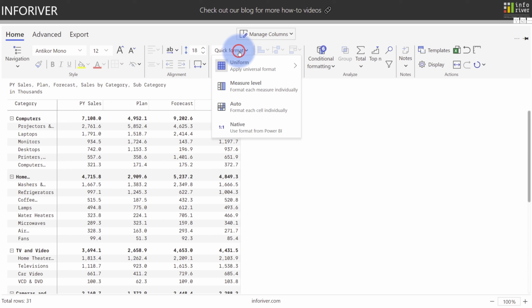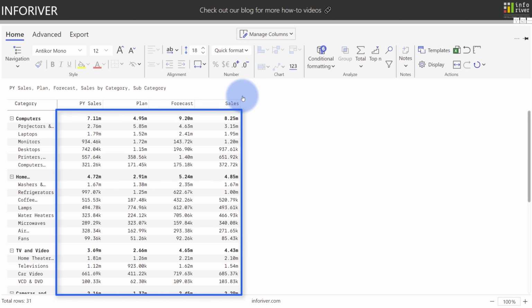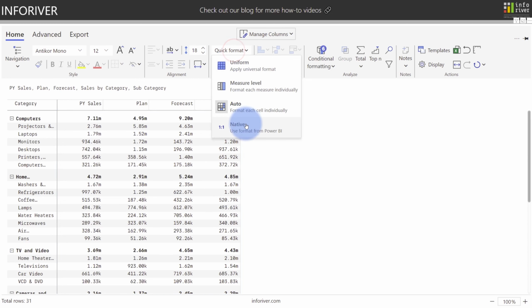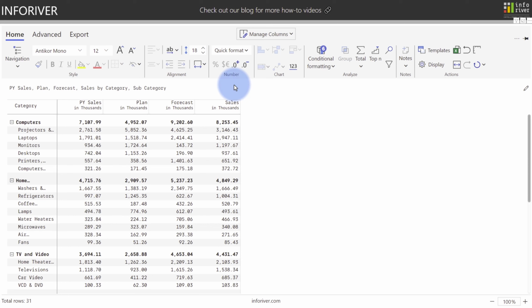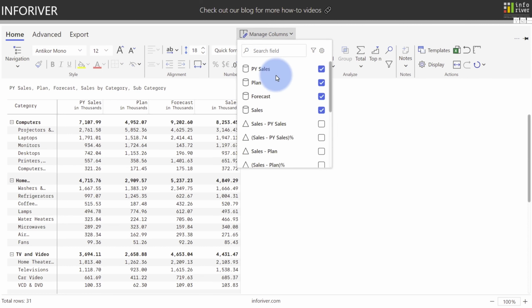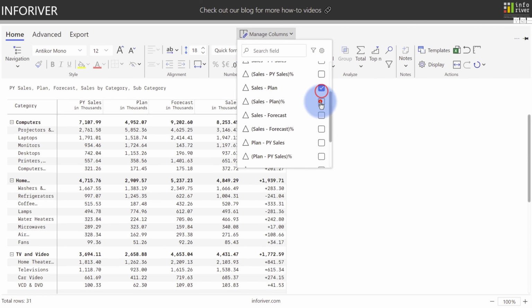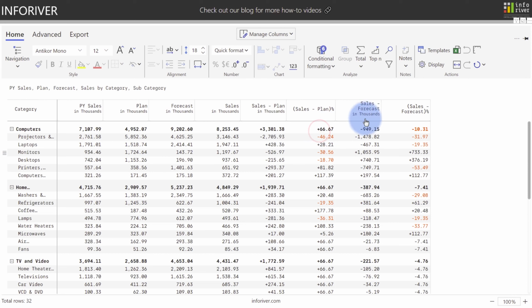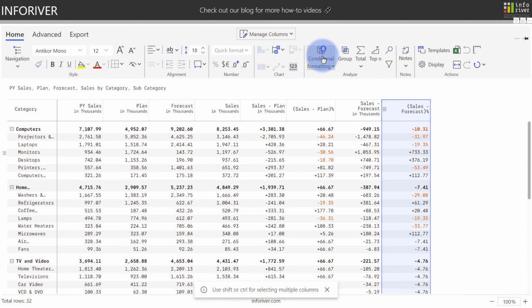You also have a few other options in here to automatically format each cell individually, which will move the formatting into the individual cells. Or you can also use the native format that was provided by the measures in the actual dataset. And when you're not using the IBCS templates, you still have access to all of the automatic variance columns that were created. If you come back up to Manage Columns, let's go ahead and turn on the values for Plan and Forecast. I'm going to start by selecting Sales and Forecast column here and come up to Conditional